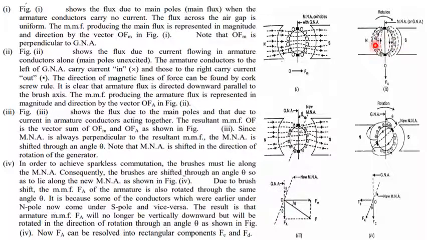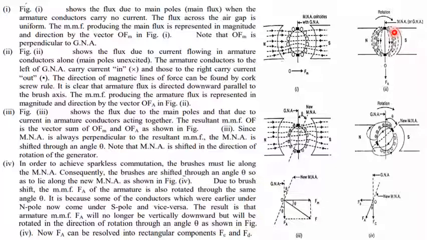Now what might be the direction of the magnetic force? That can be found by the cork screw rule. You just go on tightening the screw, and the direction of the screw rotation is clockwise. So the direction of the flux will be clockwise. Similarly, in the case of the outward direction, the direction is reversed, as represented here. That is the cork screw rule.